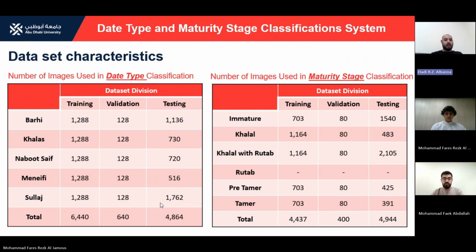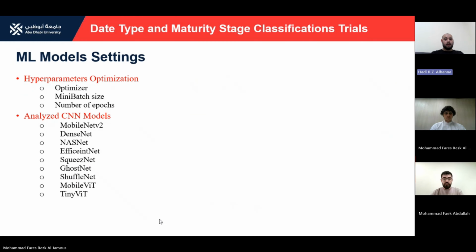Coming to the training, validation, and testing division. On the left table, you can see the date type division, where we divided the images for training, validation, and testing. And now on the right, we have the table of the maturity stage classification division. Coming to a very crucial point in our project, which are the hyperparameters and the CNN models that are going to be